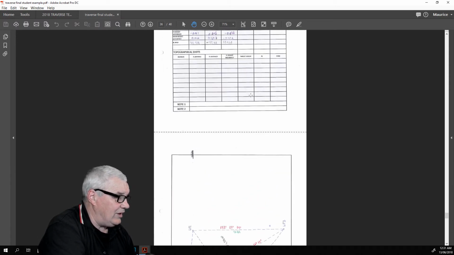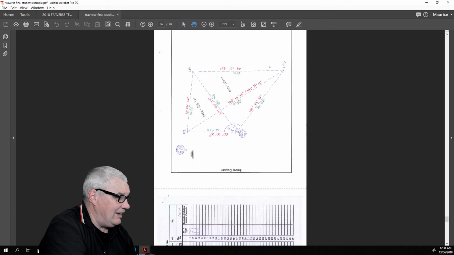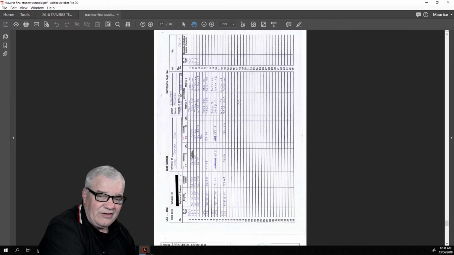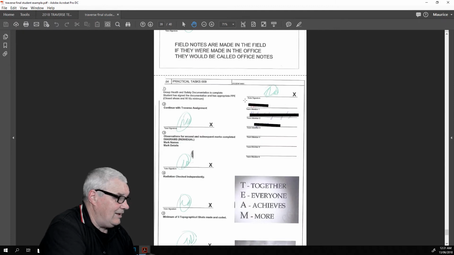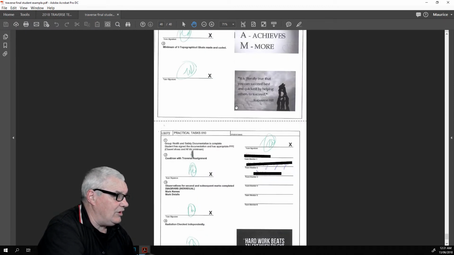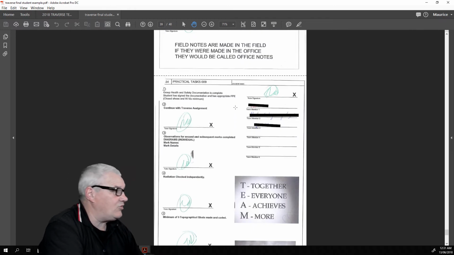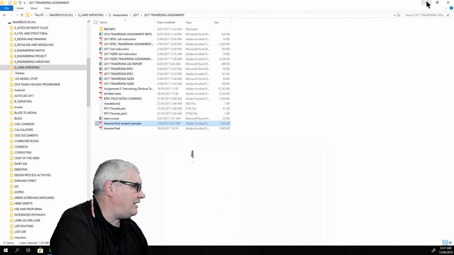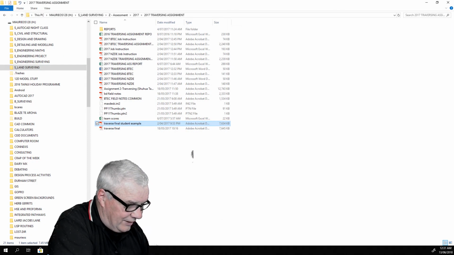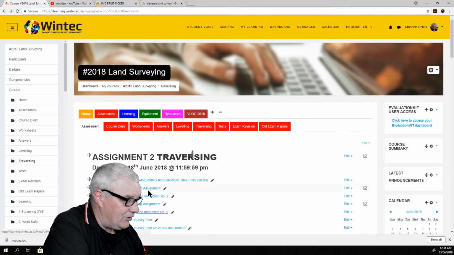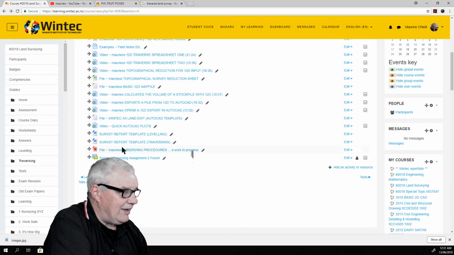So that was a little exercise there, and there's a traverse sheet. That was the exercise at the container with the 3 reflectors on the posts that he's put in there. So perhaps not really necessary, but there you go, it's all signed off. So that's the student report that I've had a look at. And now we'll just go back to Moodle here, and go through a couple of things. I wanted to just have a look at the